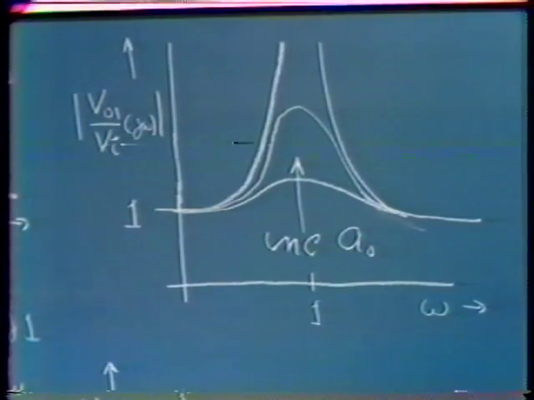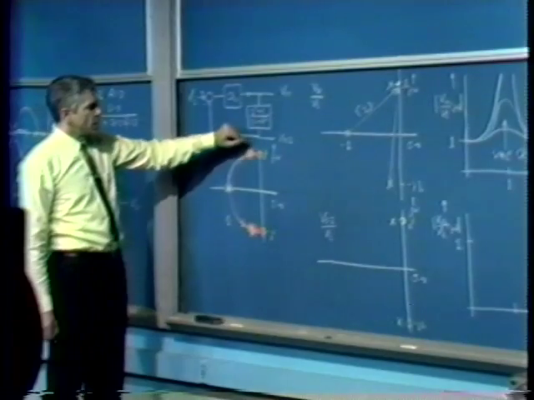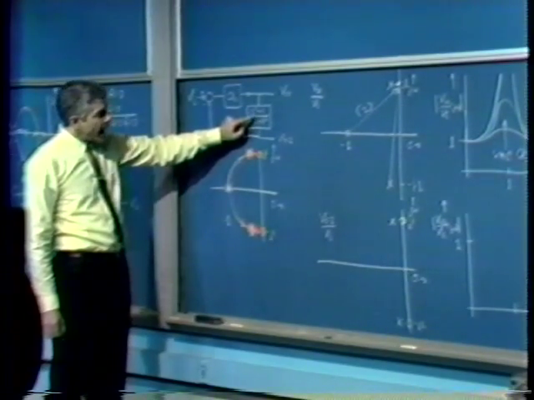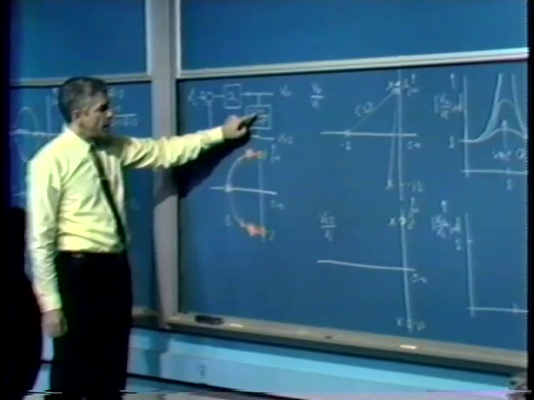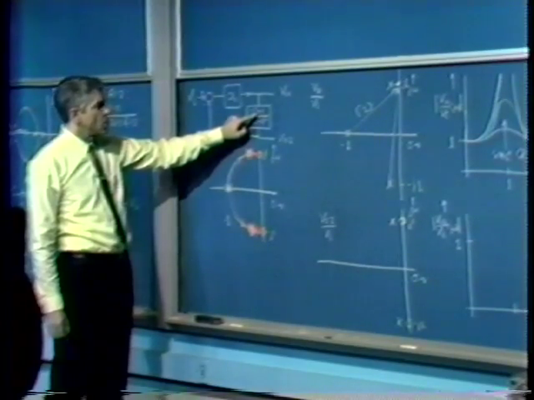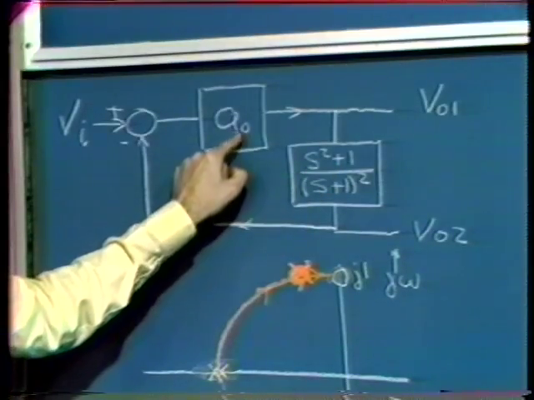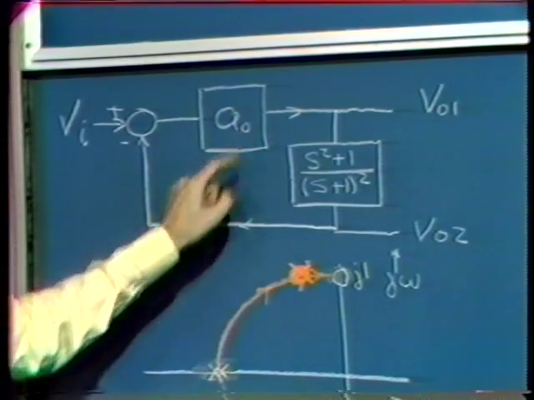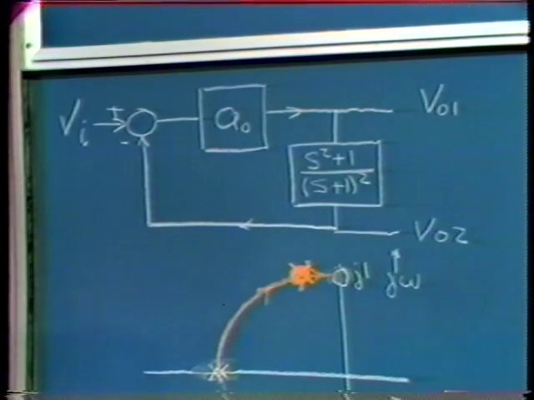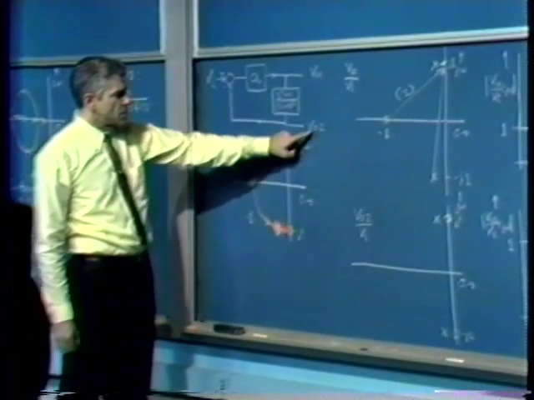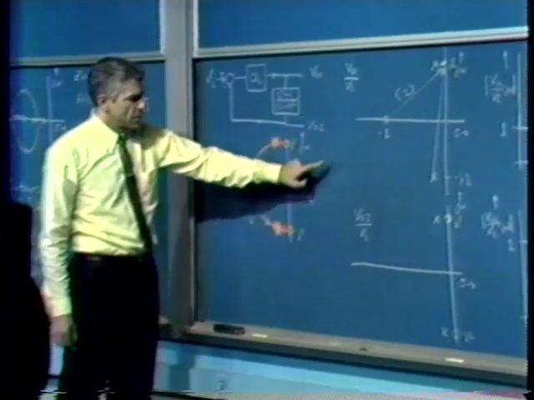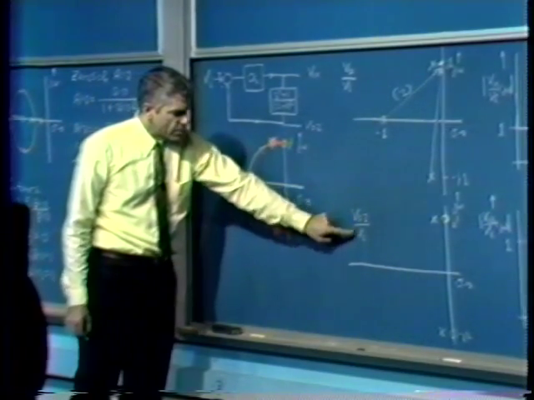We can argue that result physically by looking at the system with the T in the feedback path. At the resonant frequency, the T has a 0, no transmission, and so we get an input to output transfer function, or a gain, that's simply A naught, and consequently we'd anticipate that sort of behavior versus increasing A naught. If we consider the second system, or the second possibility, in particular looking at the second output as a